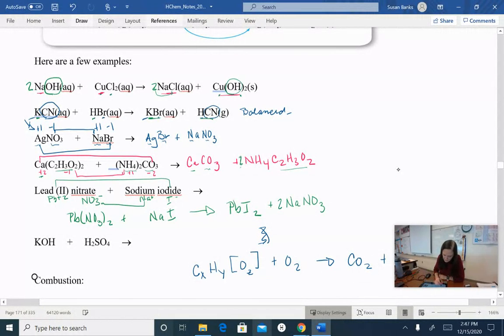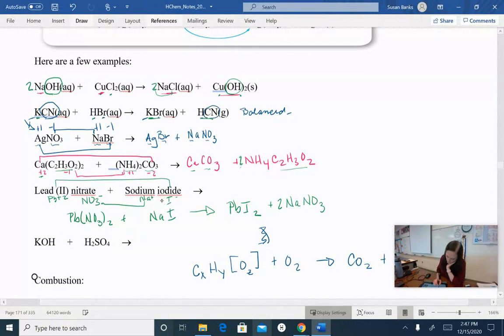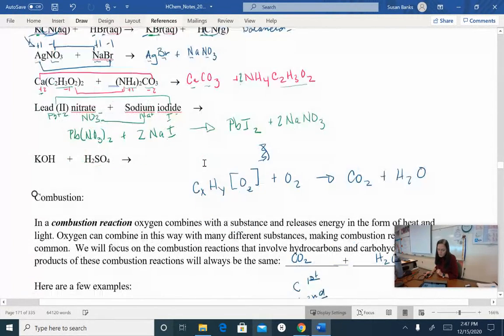And then let's see, I need to go back and multiply my sodiums by 2. Okay, so 2 sodiums, 2 sodiums, 2 iodines, and 2 iodines. So there I go. So 1 lead nitrate, 2 sodium iodines gives me 1 lead 2 iodine and 2 sodium